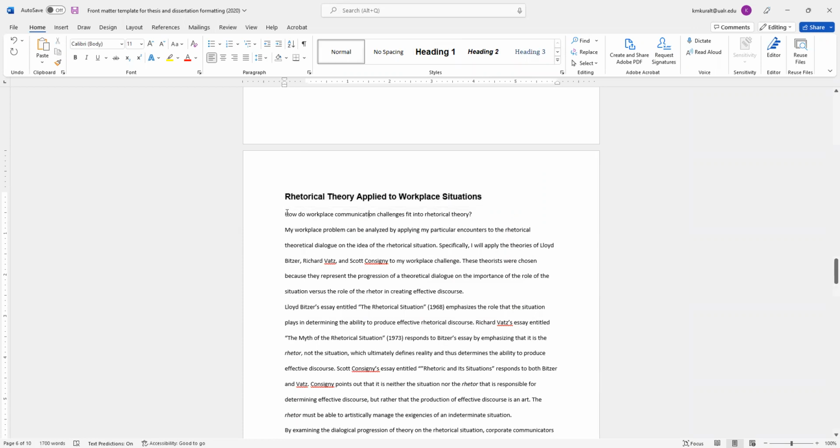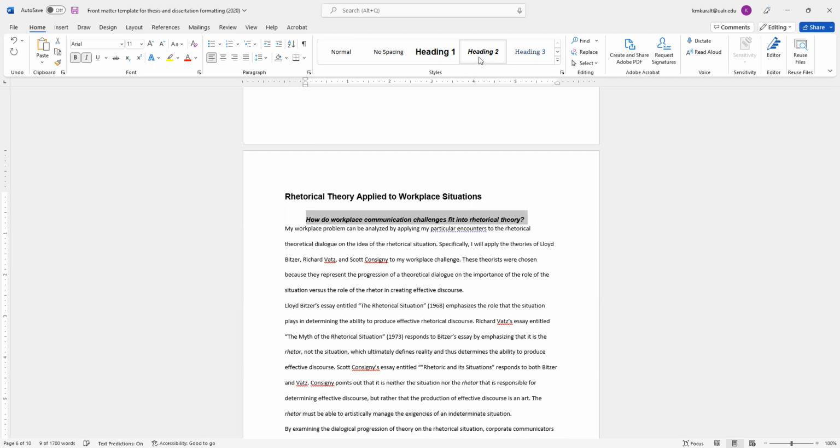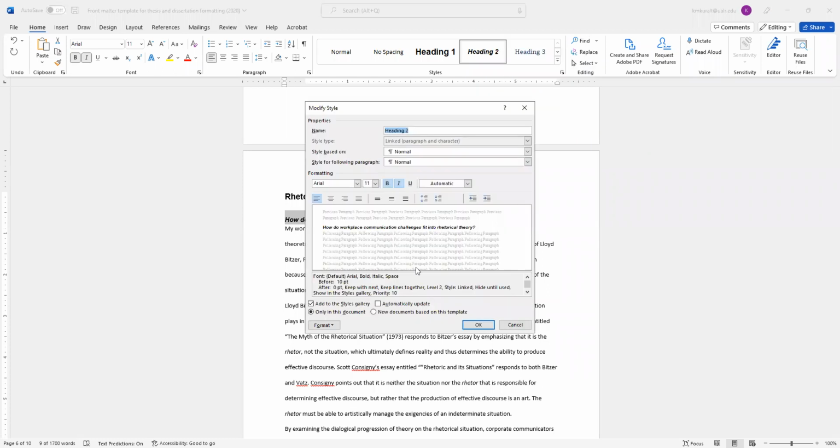Okay, now we'll come in here and apply a style again. This time we're going to apply heading 2 again. Stupid formatting. Fix that. Fix that. And modify it. And the good news is that once you modify the heading style, you'll never have to modify that part again. So it automatically adopts it.